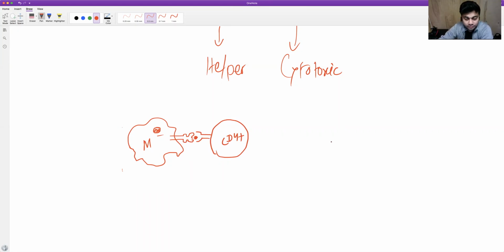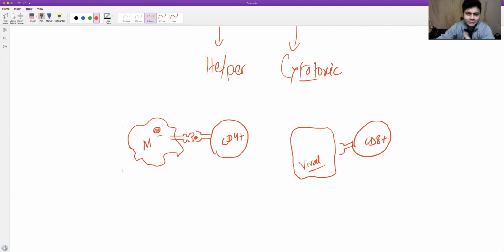That's very simple. Another thing is, let's say here's a cell which is a tumor cell, or here's a cell which is a virally infected cell. Some viral proteins are being produced there, all right? So this cell, which is already a tumor cell or a virus infected cell, needs to be destroyed. And this destruction is done by our cytotoxic T cell, right? This cytotoxic T cell will come here, it will sit here, and it will try to destroy this virus infected cell. But how will this cytotoxic T cell know that this cell is virus infected? So it will know by